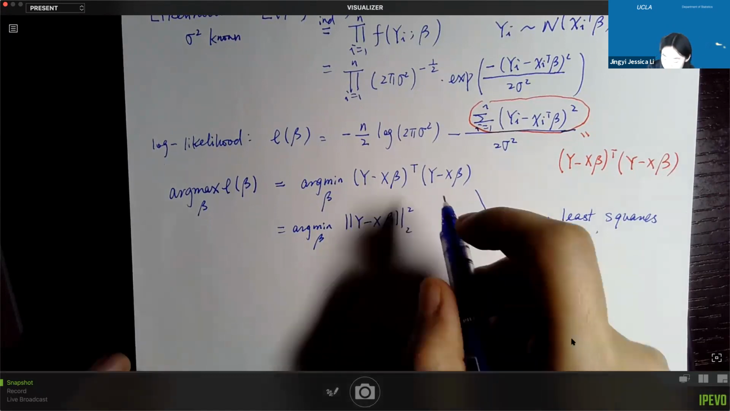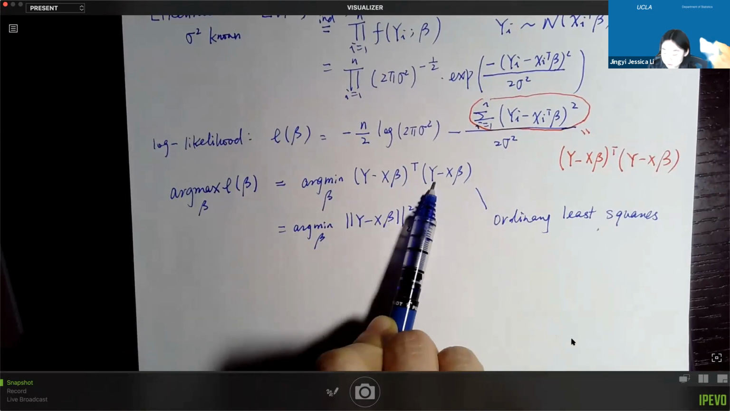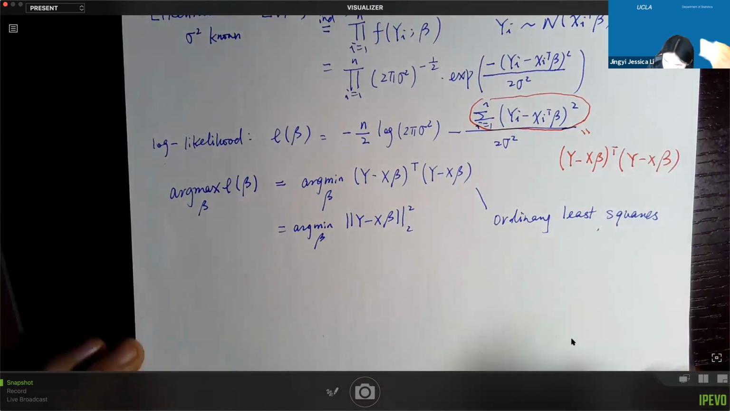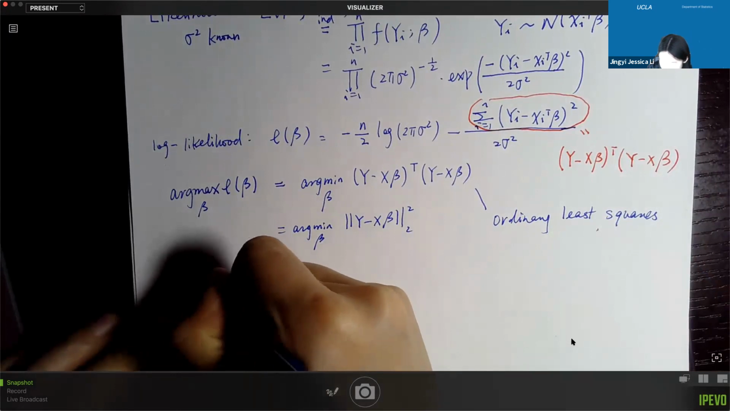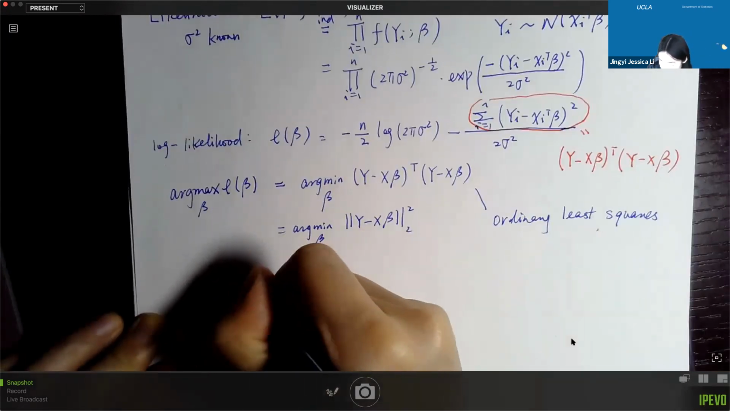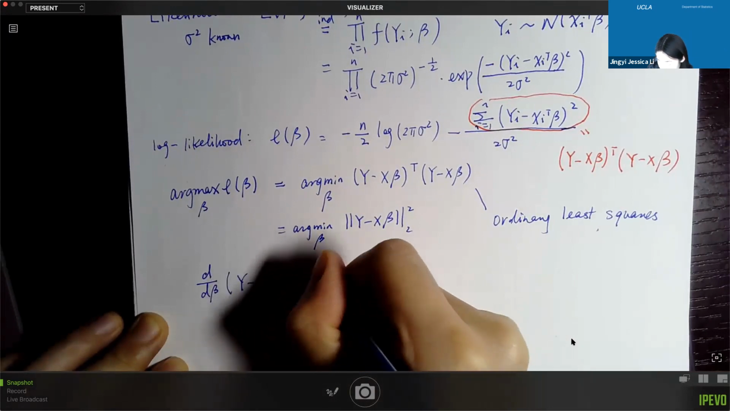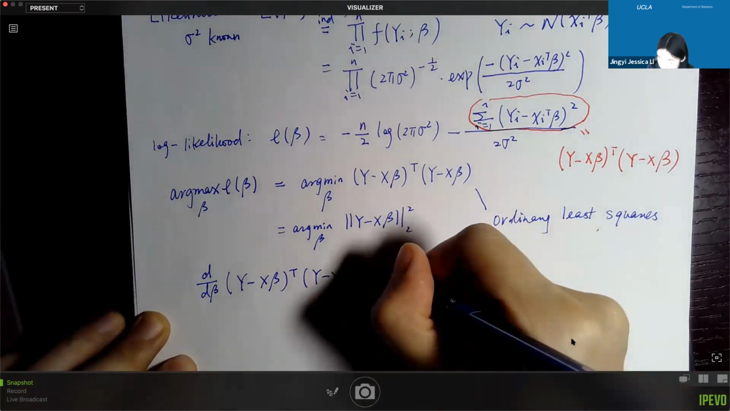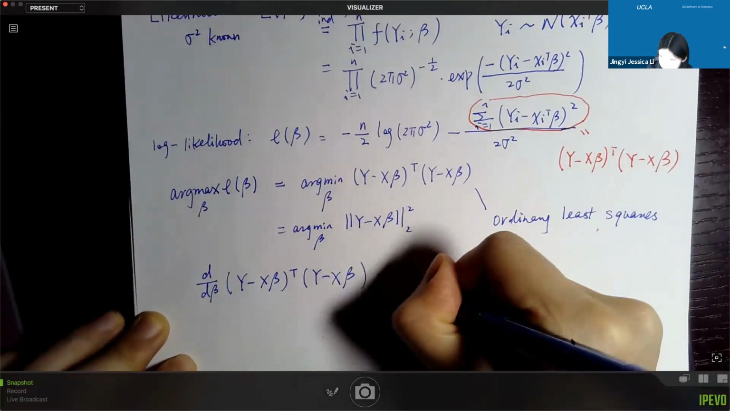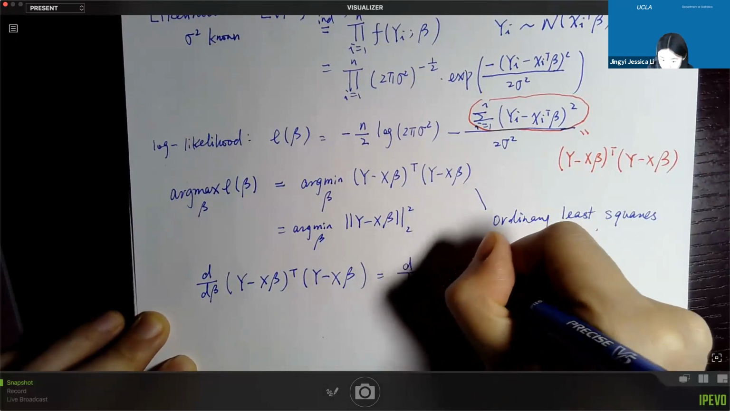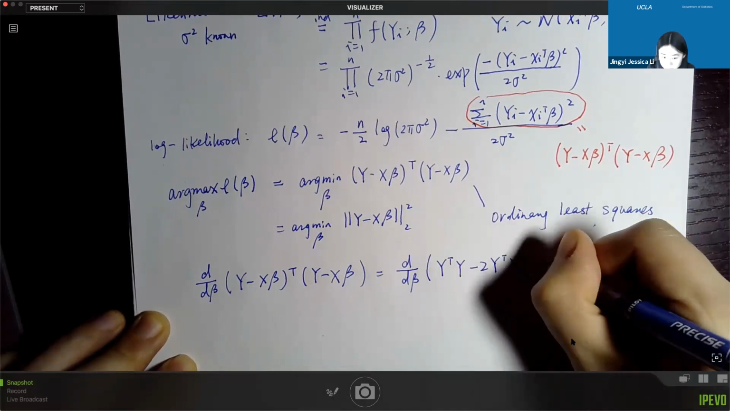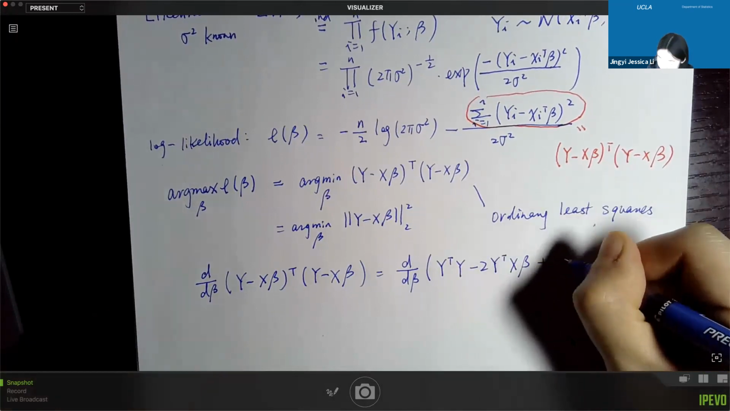Okay, and this is a convex function, convex in beta. So we know there's a global minimizer. So we just want to take the gradient or derivative against beta. So we take the derivative with respect to beta of y minus x beta transpose times y minus x beta. Now I can do expansion. The expansion will give me y transpose y minus 2y transpose x beta plus beta transpose x